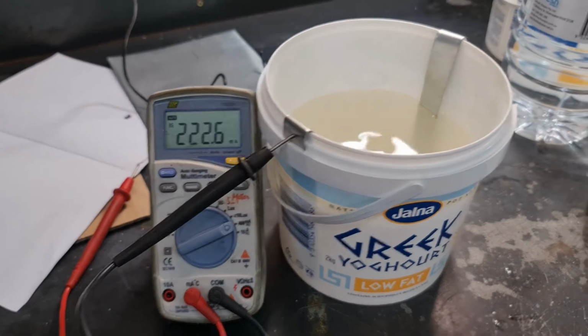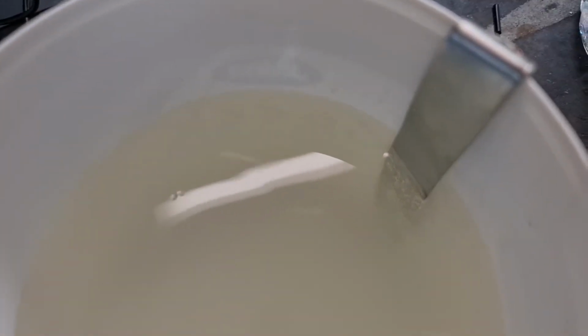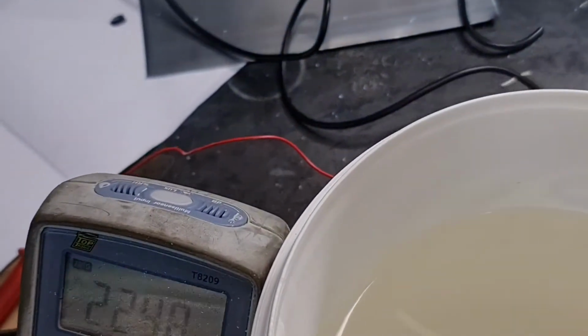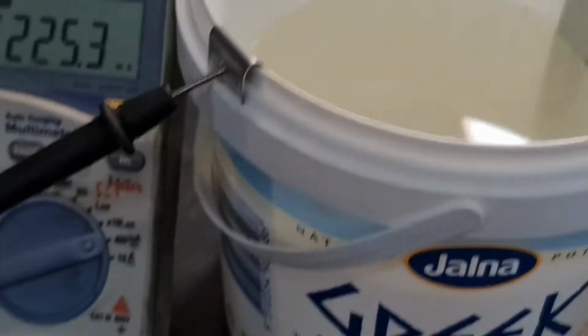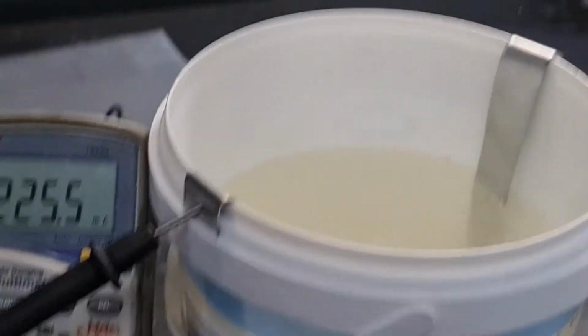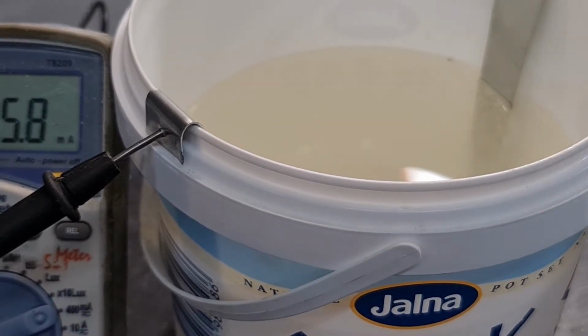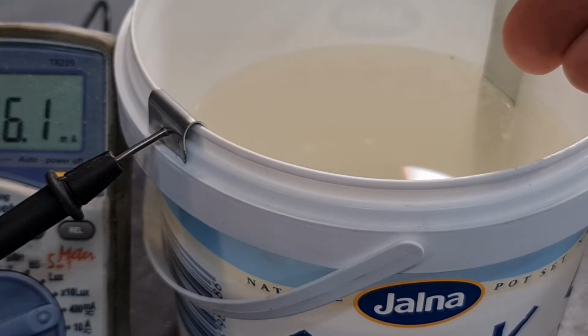The other thing to look at is you can see one side is beginning to bubble a bit. Yeah, you can see it fizzing away, bubbles coming. I think that indicates that that's the negative side, which makes sense because when we look at our power supply, that's the white wire and the other one's red for positive. So now what's happening is the zinc is effectively, I think, passing across the gap. My chemistry is pretty weak, but what's happening is the zinc is being deposited into the solution, which is what